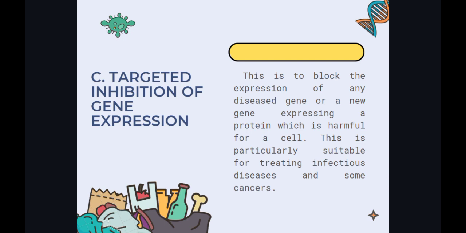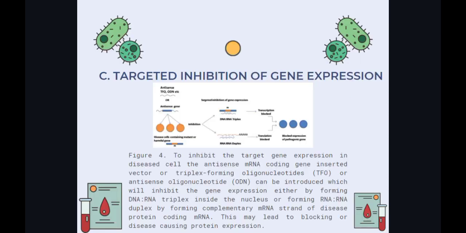Targeted inhibition of gene expression means using a method to specifically stop or reduce the activity of a particular gene. This could involve techniques that block the gene's instructions, preventing it from making its corresponding protein or functioning normally within the cell. In Figure 4, to inhibit the target gene expression in the cell, the antisense mRNA coding gene inserted